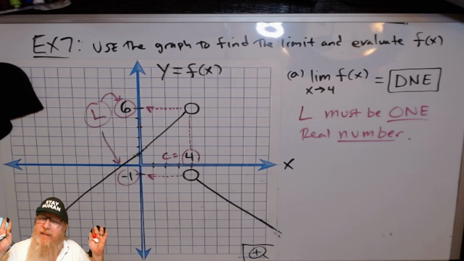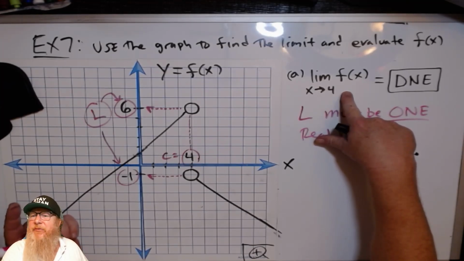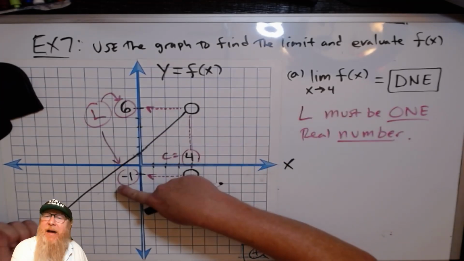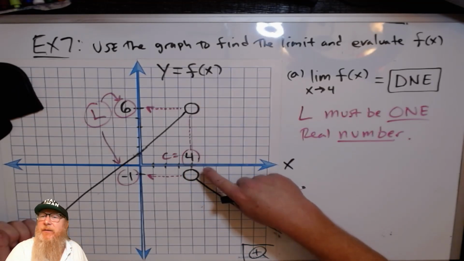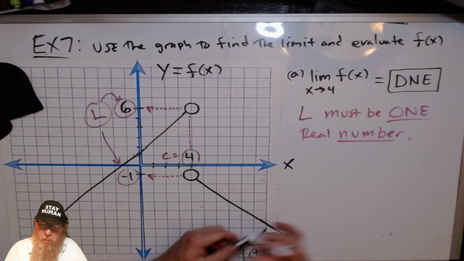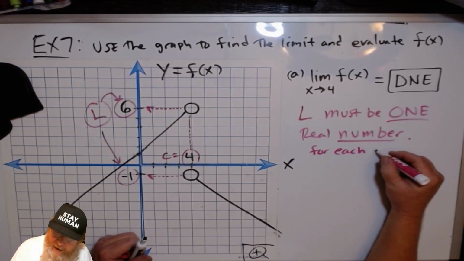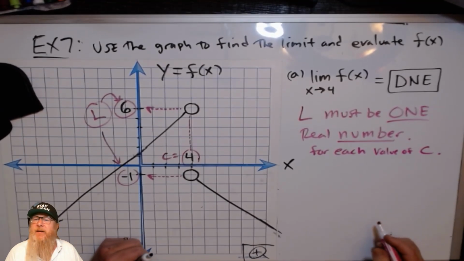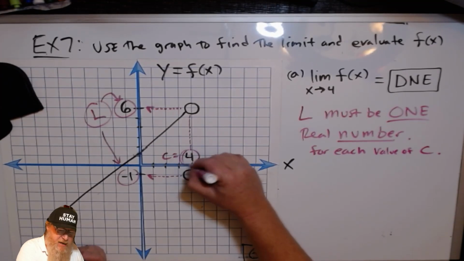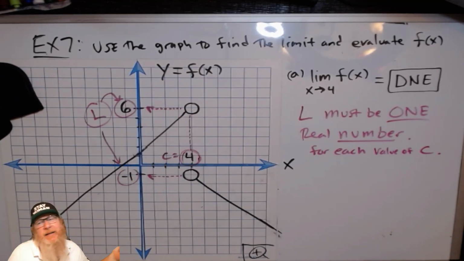But in this intuitive definition that I've given of the limit, if there are two different y values corresponding to the same x value, L must be one real number for each value of C, right? So we've got one value of C, 4, and we've got two values of L,